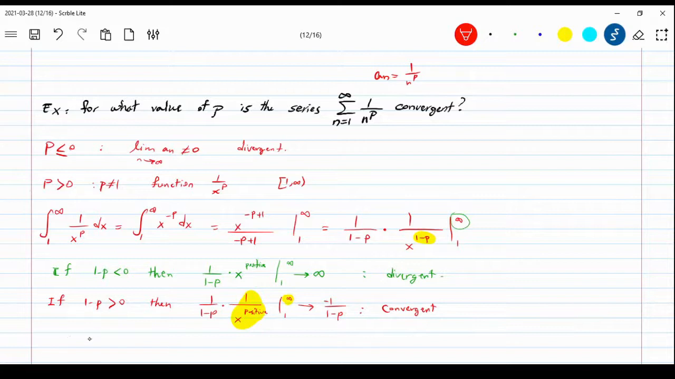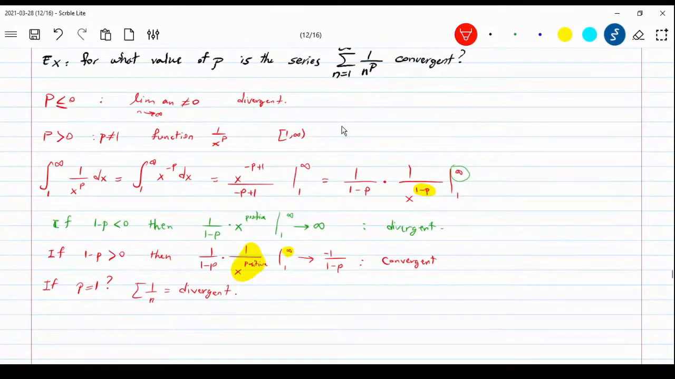And in the case if p is equal to 1, this is the simple sum of 1 over n, n from 1 to infinity, and we already know that this is a divergent series. So what we can say is basically, if I put all these together, I can say as a result,